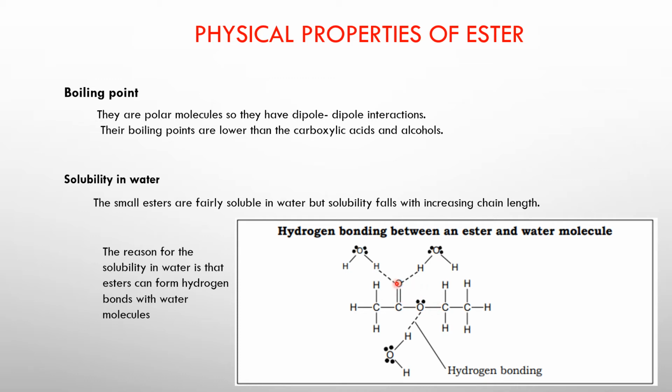But you can see that if this ester were to form a bond with another ester molecule, then the O would not be able to form a bond with anything else. This oxygen needs a hydrogen to form a hydrogen bond. Esters do not have a hydrogen in the functional group. So esters cannot form hydrogen bonds between each other. And that is the reason why their bonding is permanent dipole, not hydrogen bonding. They form hydrogen bonding only when they are in water with the water molecules.